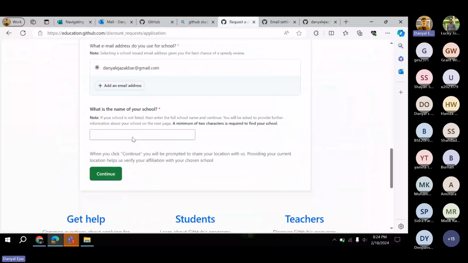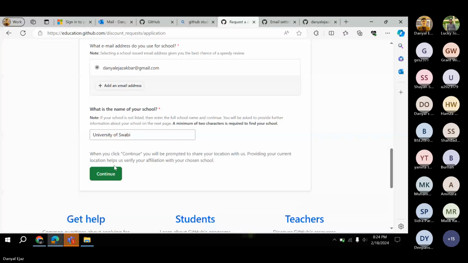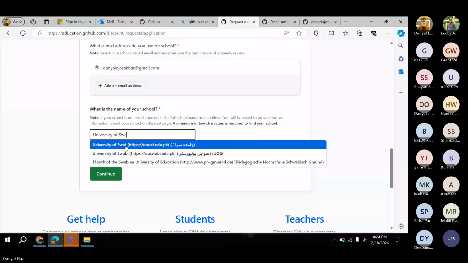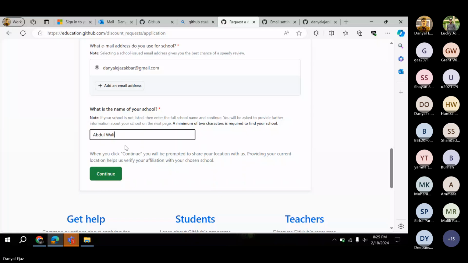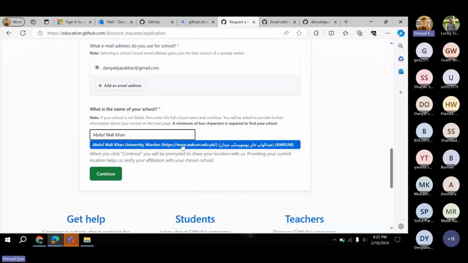If some of you guys are from Abdul Wali Khan University, yeah, so this is the Abdul Wali Khan University. So this is the University of Sawabi. Now we can go to the